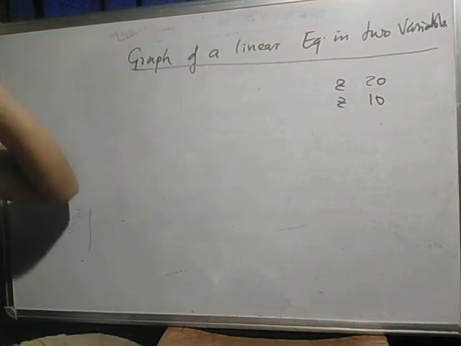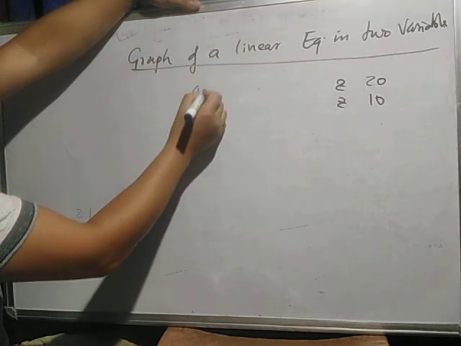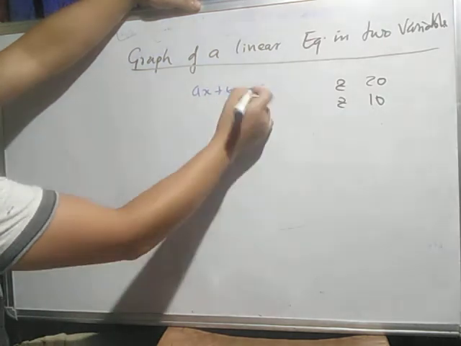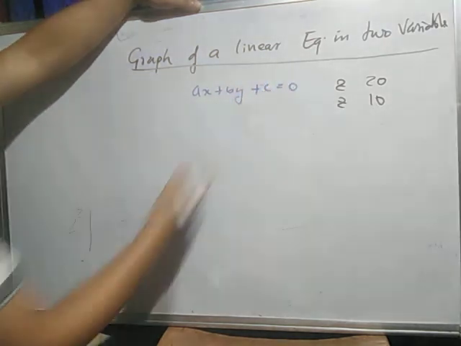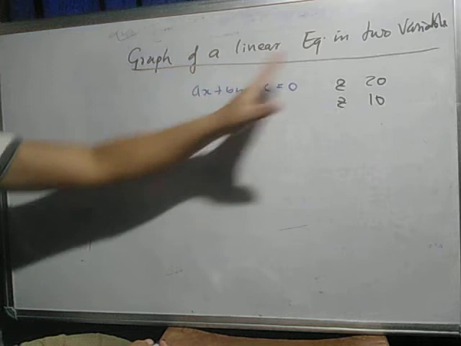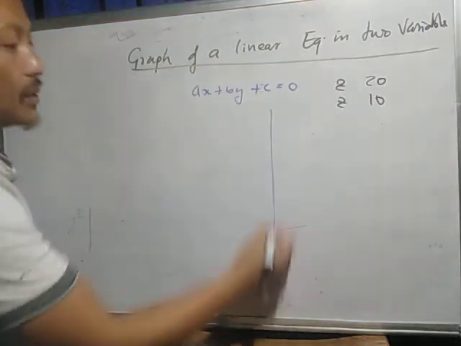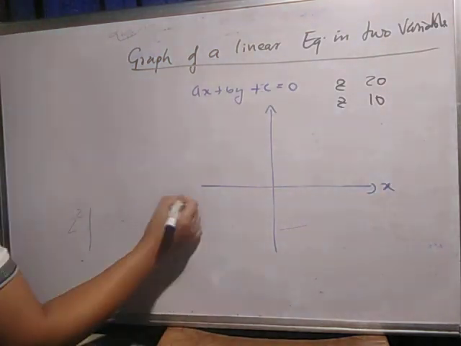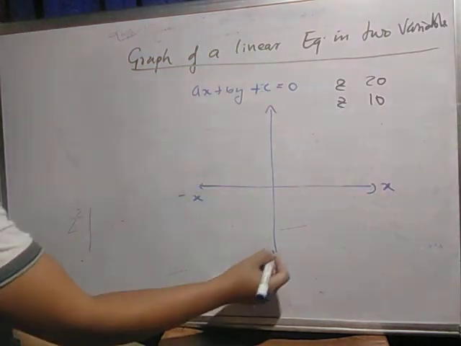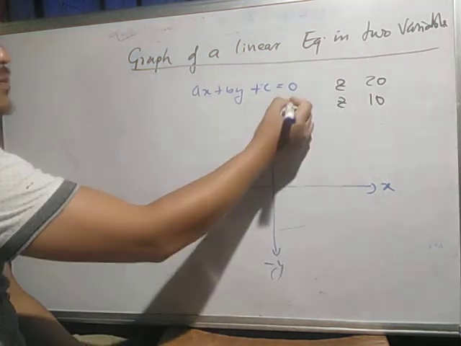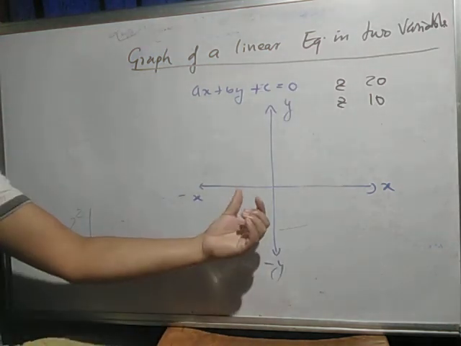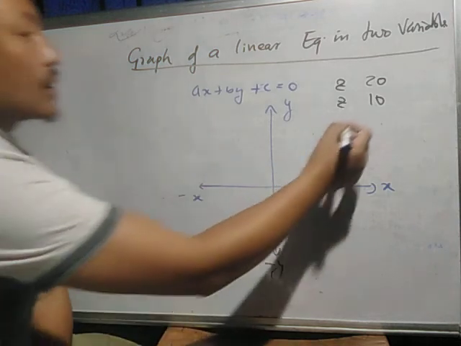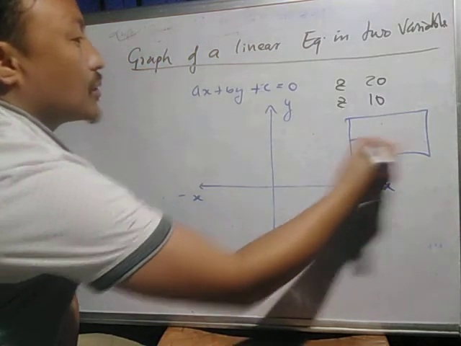In this topic, there is ax plus by plus c equals to 0. So this is our linear equation in two variables, isn't it? The graph of this looks like this. This is your plus x, this is minus x, this is minus y, and this is plus y. We did this in coordinate geometry, isn't it? So if you place the points like x equals, y equals,